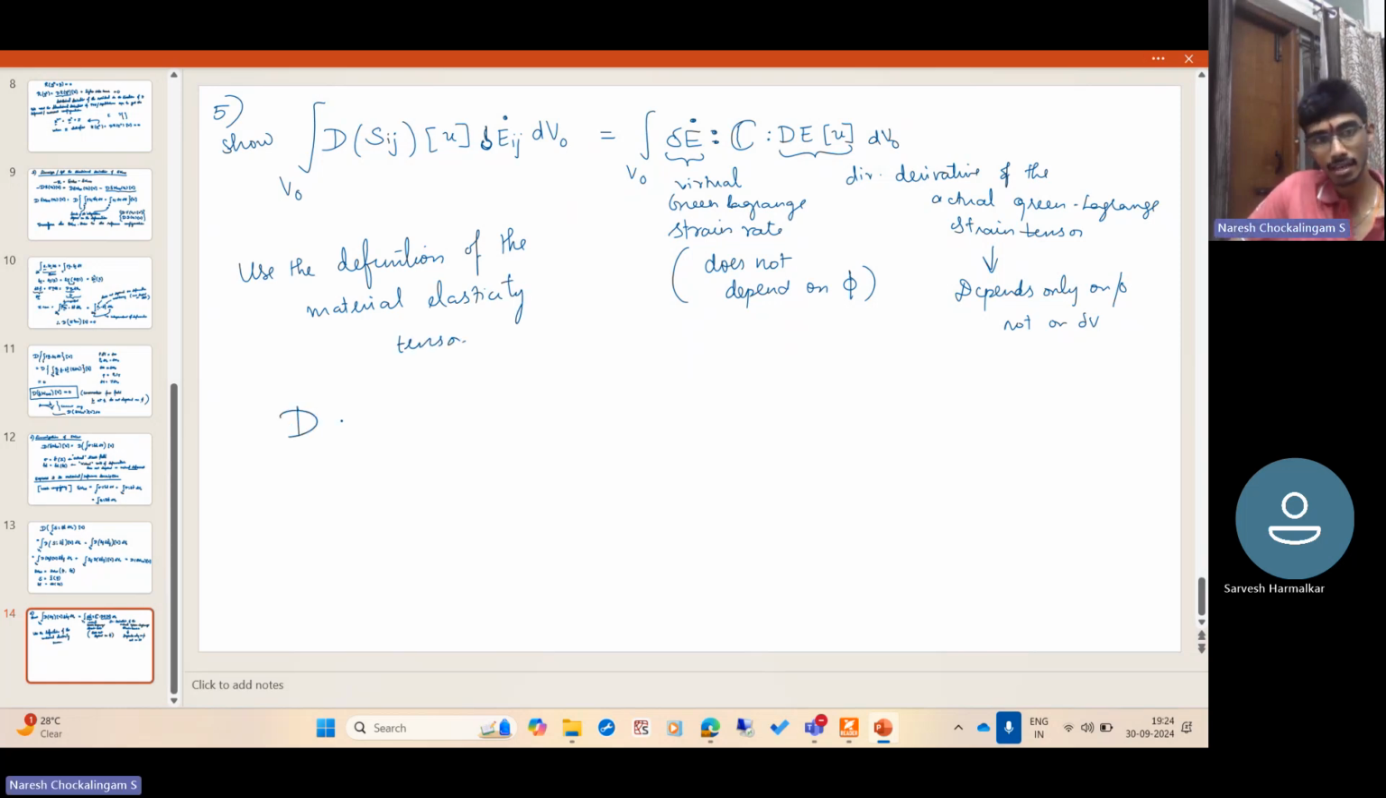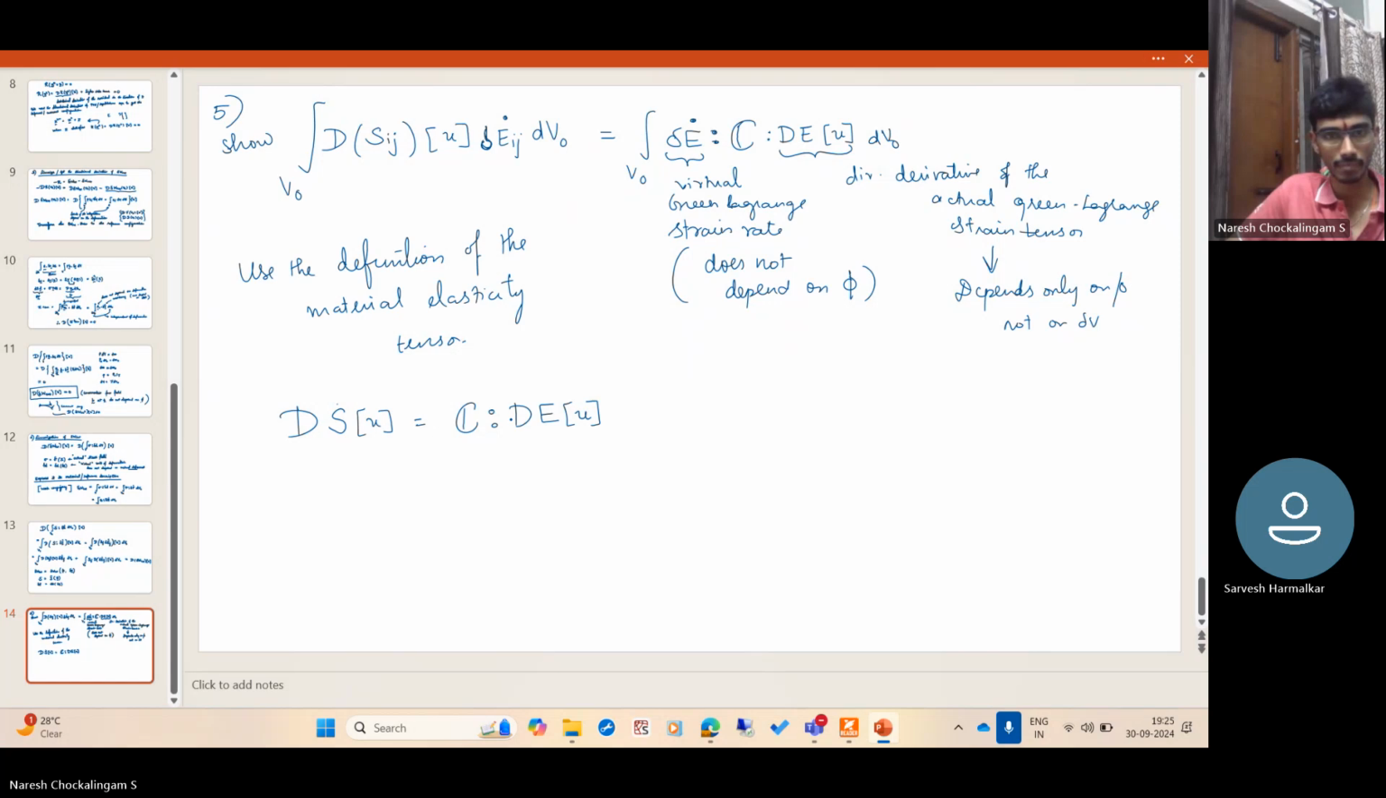What is it? D S in the direction U is equal to some constant acting on the directional derivative of the Green-Lagrange strain tensor in the direction U. So this is how we started off, right? In the hyperelasticity section, we saw that the material elasticity tensor is defined as that operator which relates